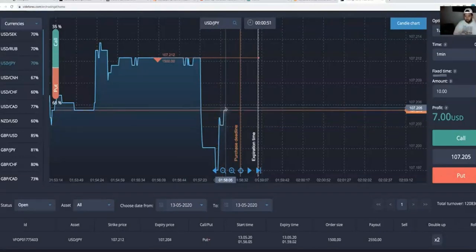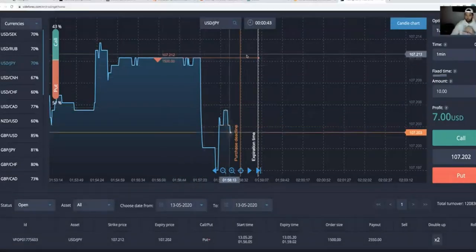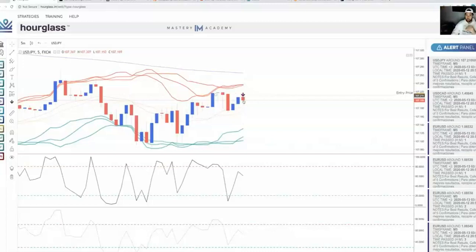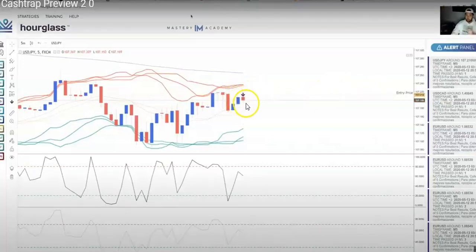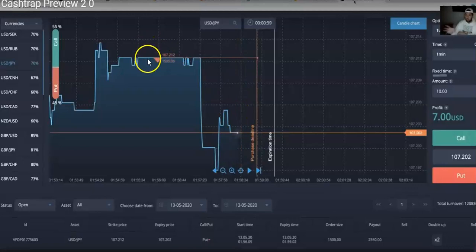So right now, we have about 50 seconds left, and you guys can see where I got in at. You can see where price is, and you can see where the expiration is. Now, you can see where the arrow came in. You can see where price is. So it's in profit. It went the right way. This is the second trade now. And, literally,